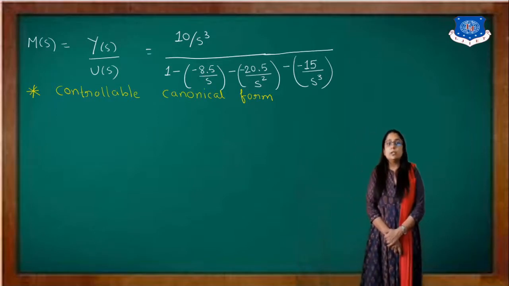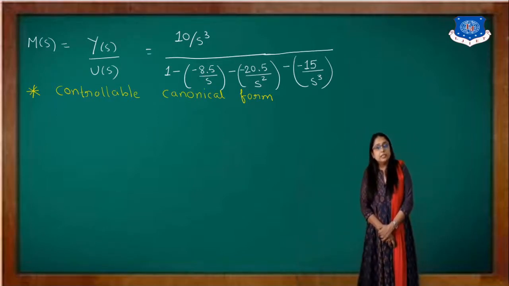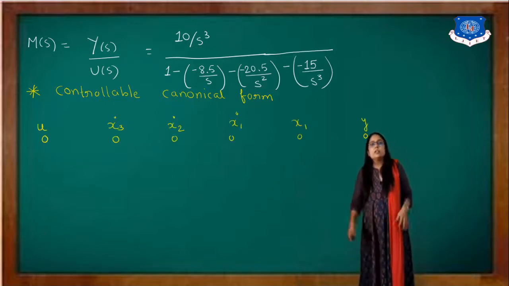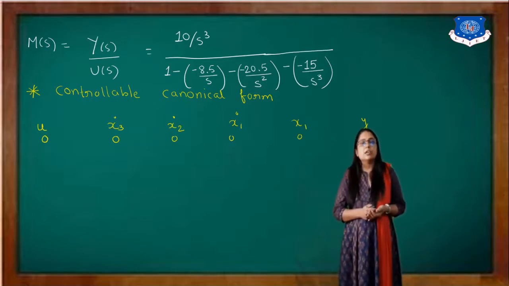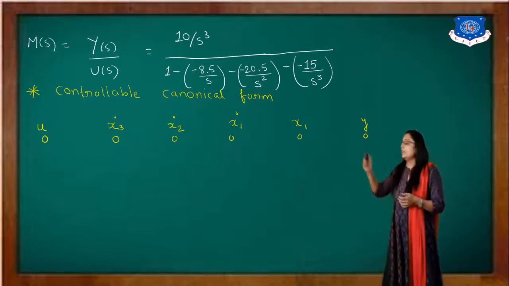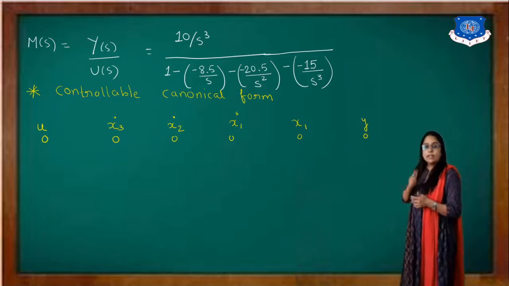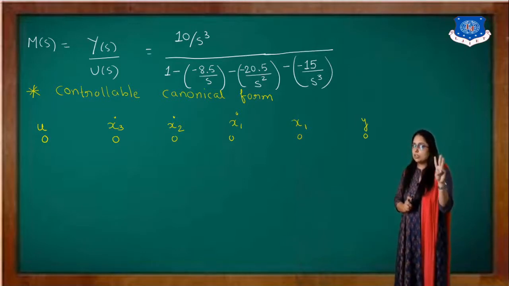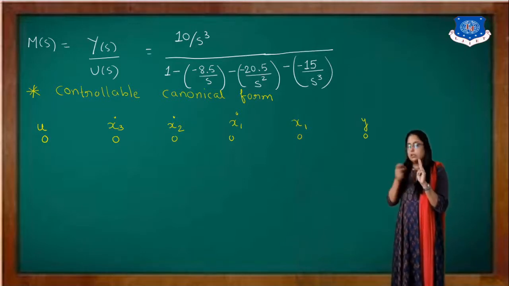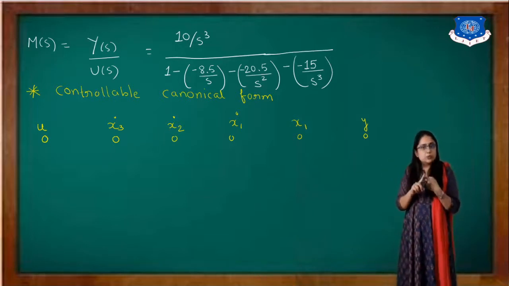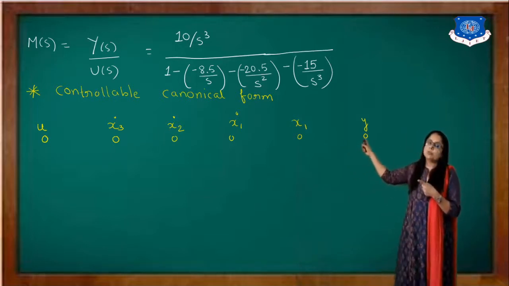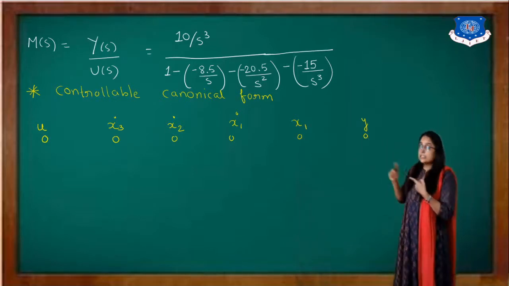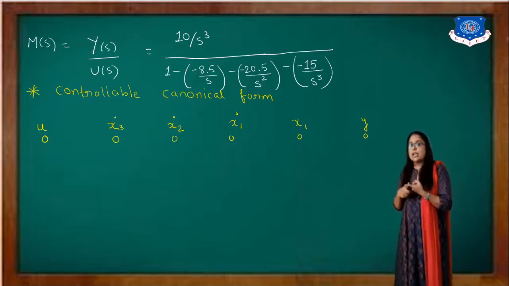Now here, the controllable canonical form. First we will write these state space equations using the controllable canonical form. So first of all we want to draw the SFG, and in the SFG we require different nodes. How can we calculate how many nodes are required? The maximum power of s here is 3. The first is the input and the last is the output, that is fixed. One is U, and the last one is the output, that is Y. Now one variable, one node, is X3 dot. Then the second is X2 dot.